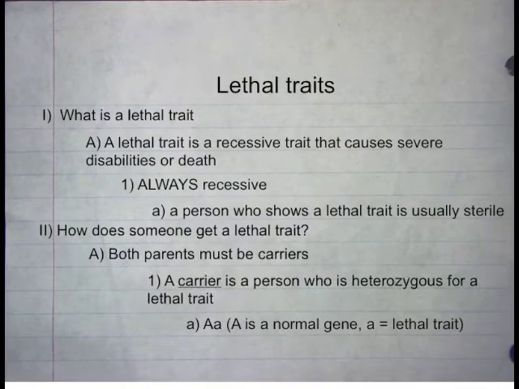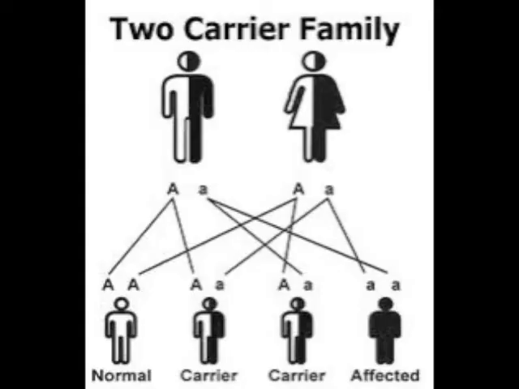How does someone get a lethal trait? Both parents must be carriers. A carrier is a person who is heterozygous for a trait. Example, big A, little a. A is the normal gene, and little a equals the damaged gene. We've talked about this before, but remember, carriers may look normal on the outside, but because of their genotypes, they may carry the damaged gene or allele, and there is a chance of having